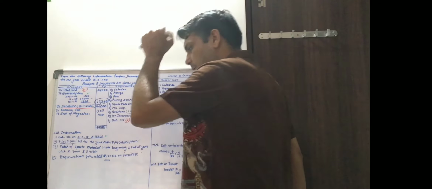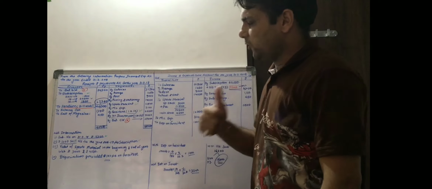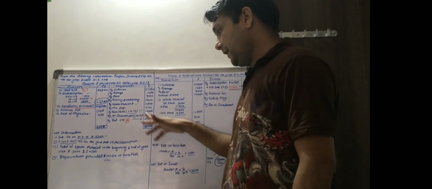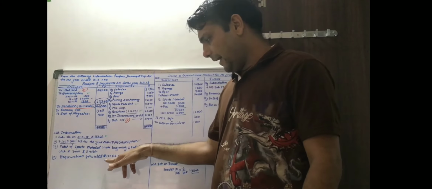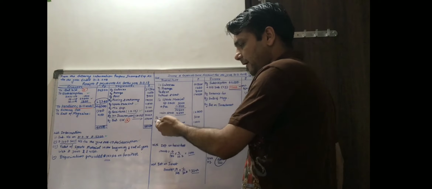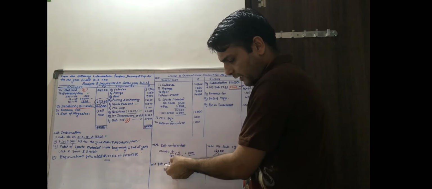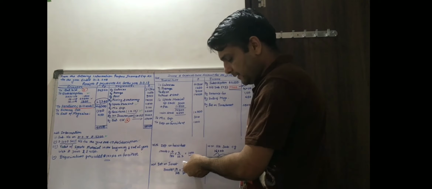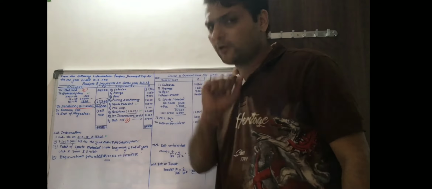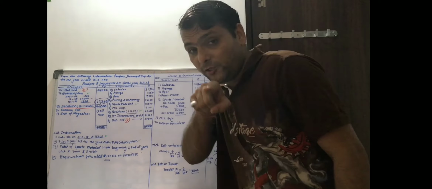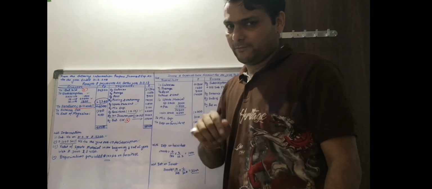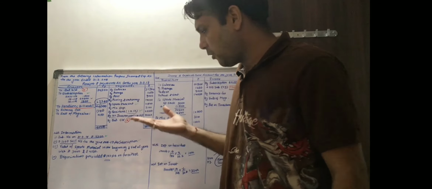Then furniture. We purchased the furniture during the year, and there is an adjustment of 10% per annum depreciation that you have to charge. So let's find the depreciation. 20,000 times 10 upon 100 times 6 by 12 is 1,000. So 1,000 is the depreciation on furniture. We only record depreciation. Depreciation is non-cash, but it's a revenue item. Every year we charge depreciation. Last year in class 11 you already discussed this item.